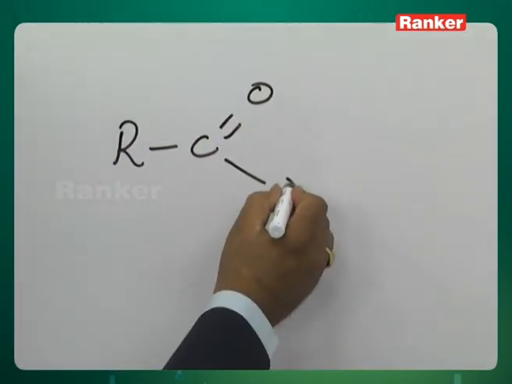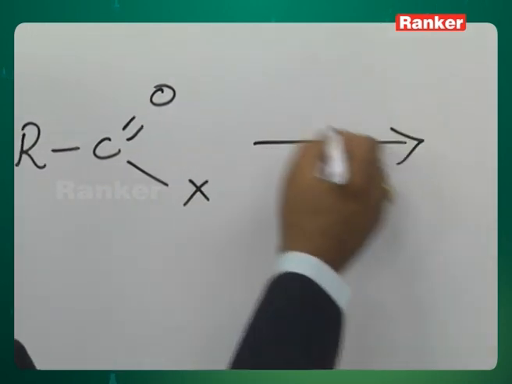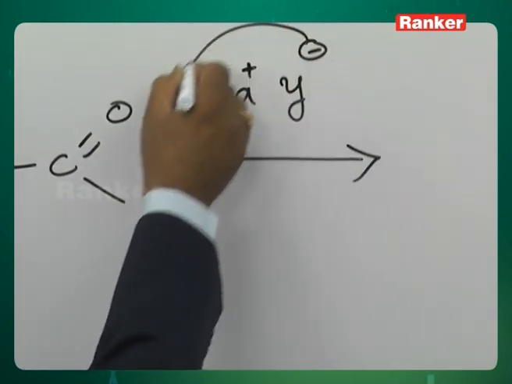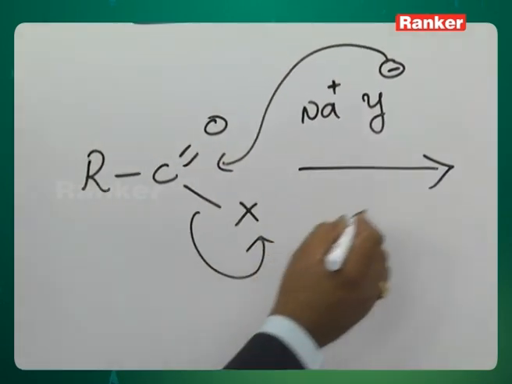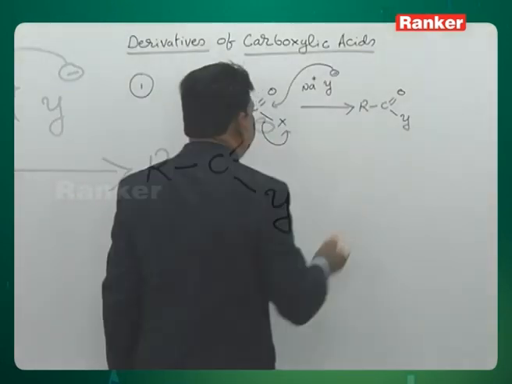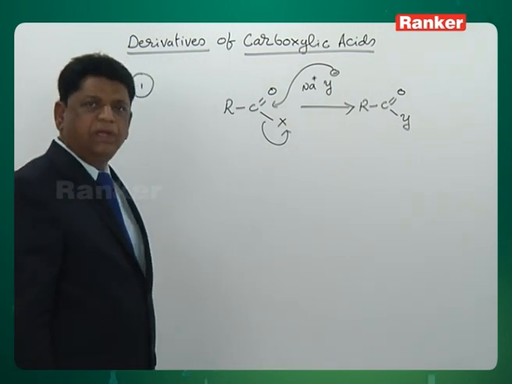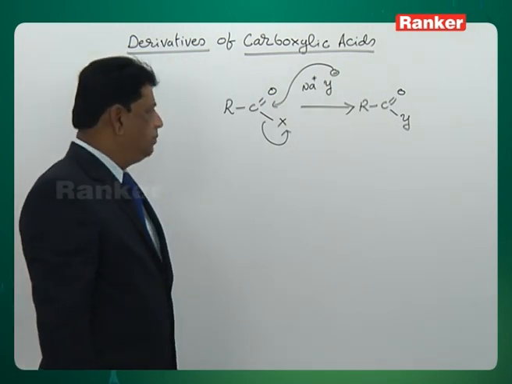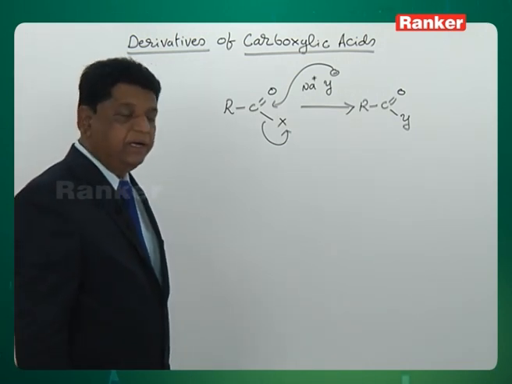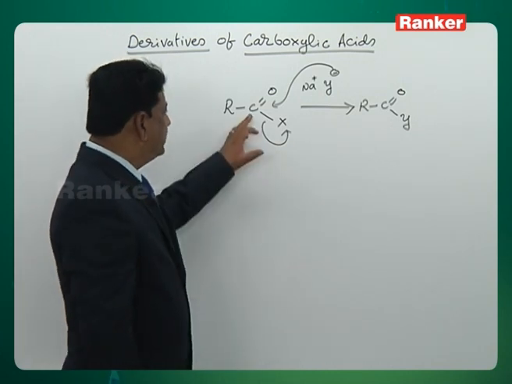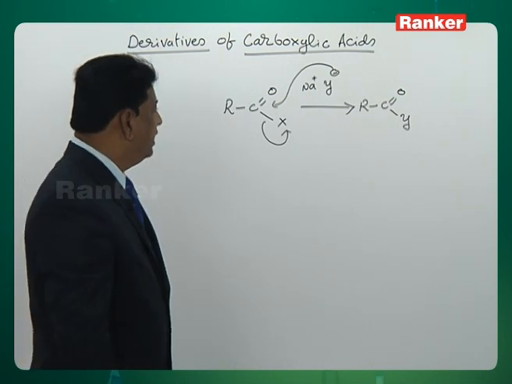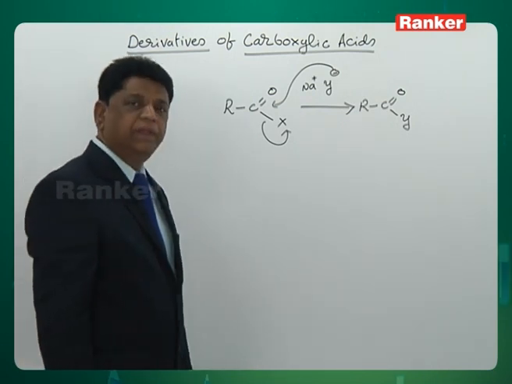Let us have an RCOX here and treat it with a sodium salt of a Y nucleophile. This Y nucleophile replaces the X and you will get a Y containing group. So, this is a nucleophilic substitution reaction at an acyl carbon, just like RX, alkyl halides also undergo this type of reaction, but that is at a saturated carbon. This carbon is called the acyl carbon. So, the reaction taking place on the acyl carbon is a characteristic reaction of the